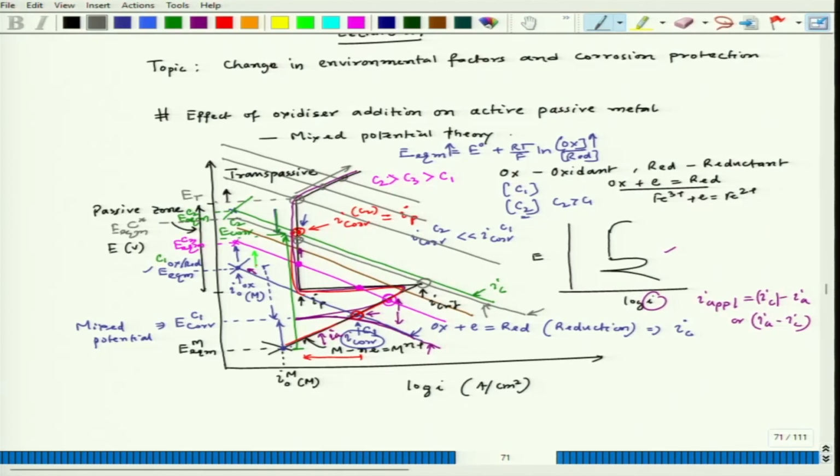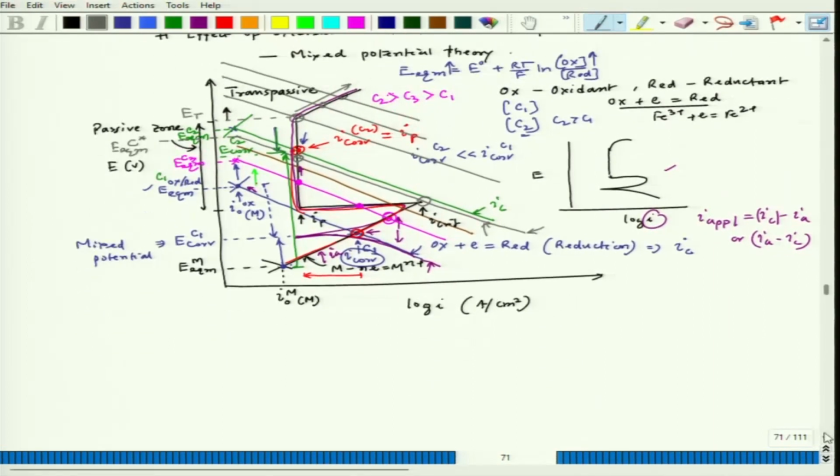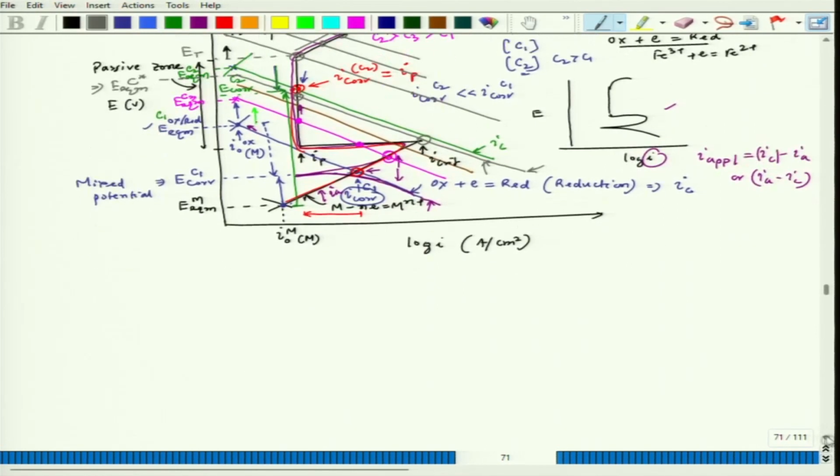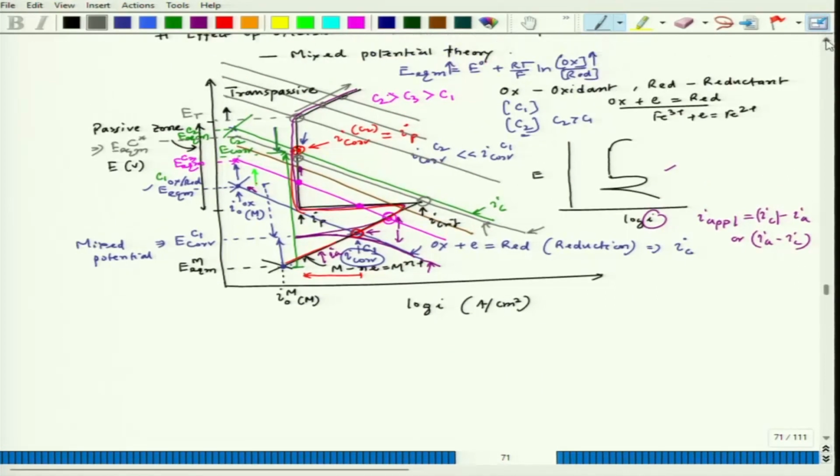So, this behavior can be seen in metals and alloys in different mediums. Now, as we see, till this E critical point, I will see a rapid dissolution and active dissolution, and this happens, for example, if I try to plot the corrosion rate as a function of concentration,